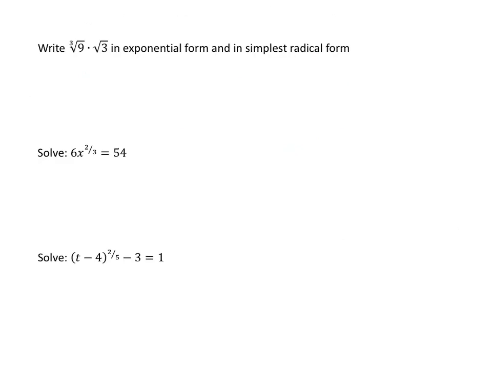So here we've got a product that we want to write in exponential form and in simplest radical form. So the cube root of 9 is just like saying the cube root of 3 squared, which we did this one already, so that's 3 to the 2/3. Square root of 3 is 3 to the 1/2. So in exponential form,